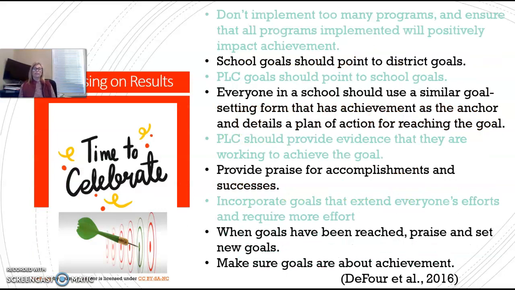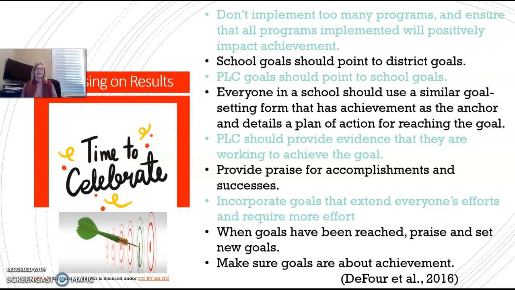Focusing on the results. It's important that you don't implement too many programs and that you ensure that all programs implemented will positively impact school achievement. School goals should point to the district goals, and PLC goals should point to the school goals. Everyone in the school should use a similar goal setting form that has achievement as the anchor and details a plan of action for reaching the goal.